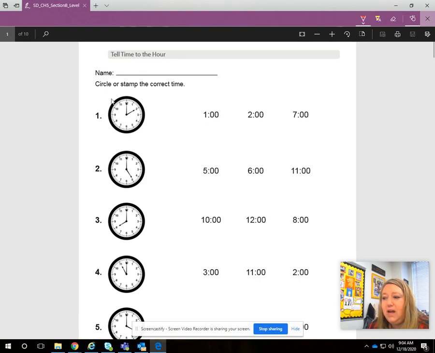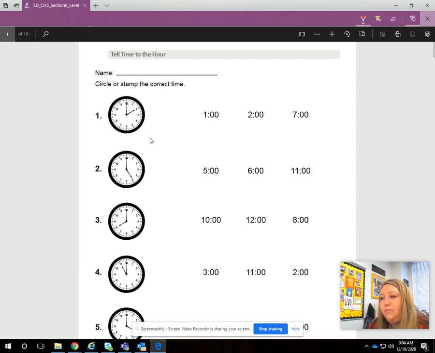So these are kind of tiny clocks. So I hope you can see them okay. But we do know that 1, 2, 3, 4, 5, 6, 7, 8. So you can always count by these fives. Every 5 minutes is a number, and so you can count all the way around if you cannot read those